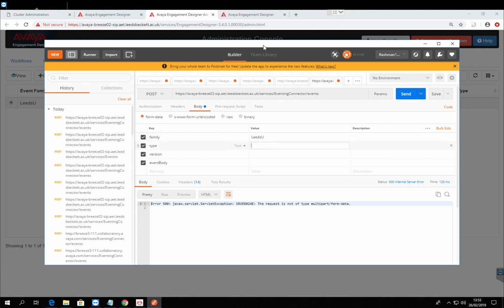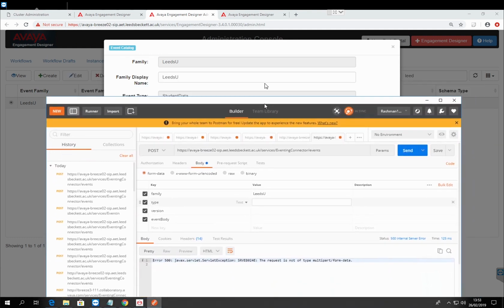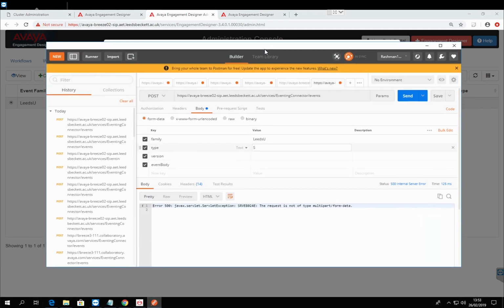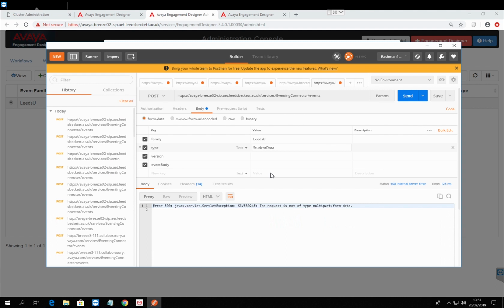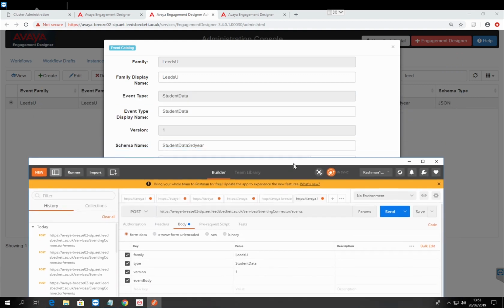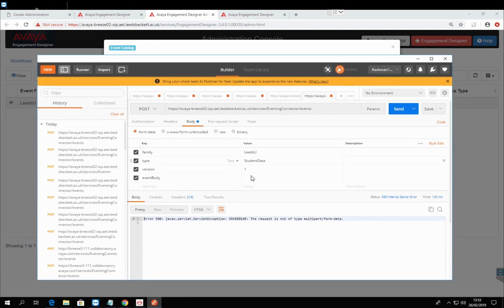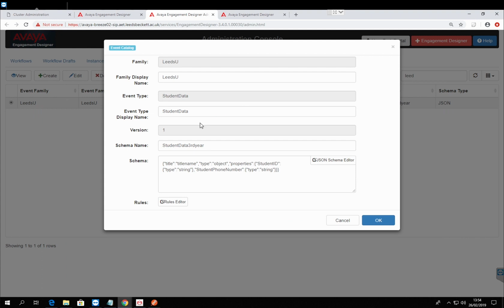The family will be leads you. The type will be student data, and the version will be 1. And make sure I put a capital S. Yeah, cool. The event body itself will be the data parameters for our event. So we have 2 data sets in our object, which is student ID and student number. And we need to format this